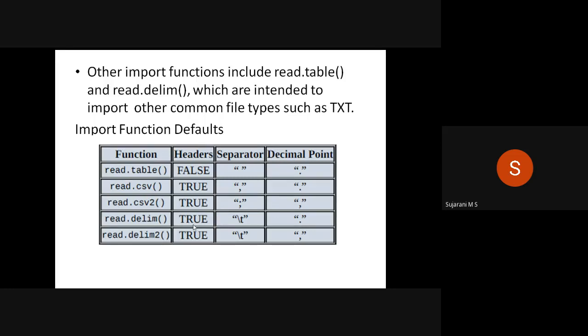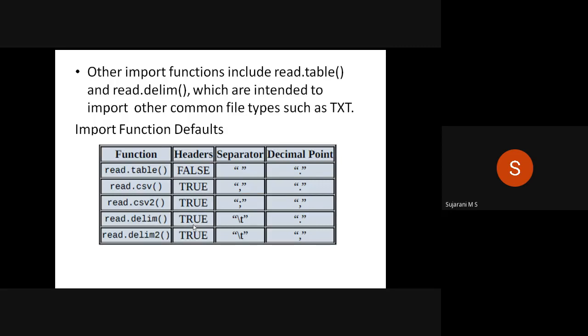The table lists function, header, separator, and decimal point. These header, separator, and decimal point are the default values of the read functions. By default, what is the value? That is indicated in the table. Here five functions are specified: read.table, read.csv, read.csv2, read.delim, and read.delim2.